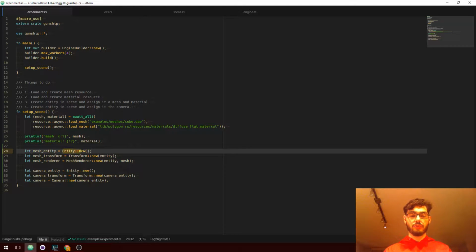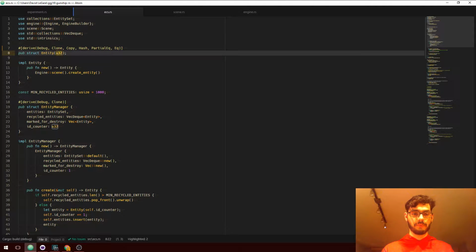And when I create a new one, in terms of creating the data, that's very easy to do. But internally, the engine needs to be doing some kind of tracking of those entities. It needs to either track which entities are alive or which entities have been destroyed, so that if you try to do anything with them, it can appropriately tell you that you're doing something wrong, or that it can recycle entity IDs, because a u32 gives you 4.2 billion unique values, and I never anticipate there being more than 4.2 billion objects alive in the scene at any given time.